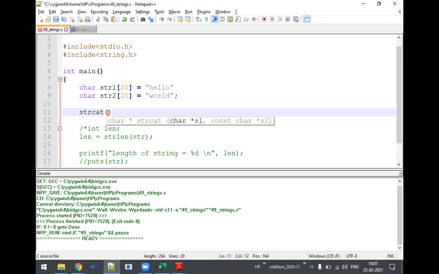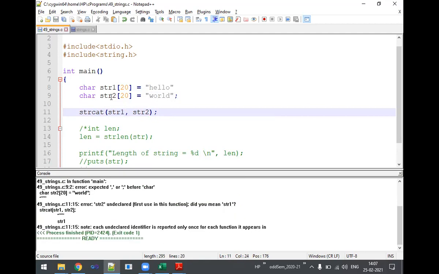It takes two parameters. First one is the first string. What is the name of the first string? str1, comma, second string str2. Then after concatenation, what will it do? It has to assign it to one more string. Yes or no? So we need to have one more string. Let's declare it as char str of, say, 40.